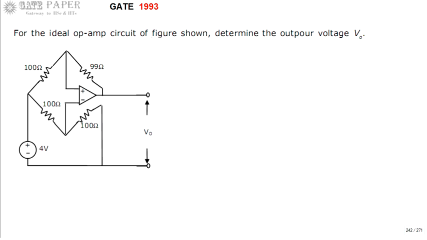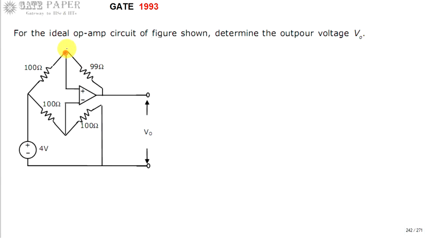Whenever we are dealing with an op-amp, most of the time we will get the relation between output and input by using KCL and KVL. If you are good at KCL and KVL, you can easily solve 90% of the problems related to op-amp. This is one such type of problem. Because no other parameter is given, we are going to calculate V0 using KCL and KVL. They are universal laws, they can apply to any circuit.